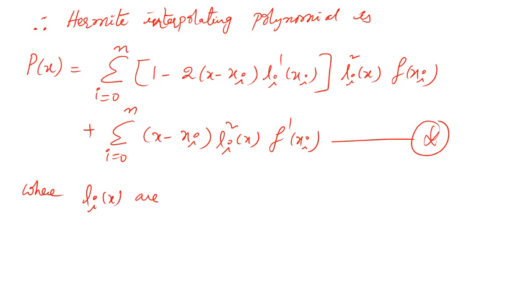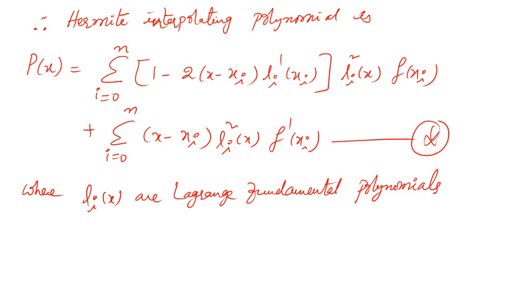The li of x are Lagrange fundamental polynomials. Okay, this is Hermite interpolation. In a simple way, Hermite interpolation is given by